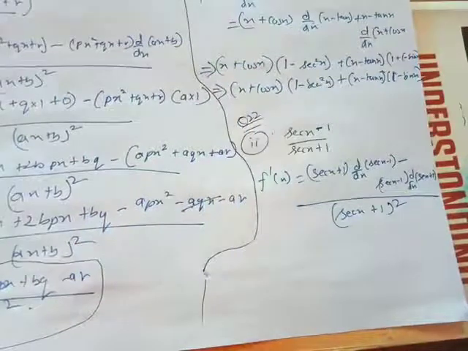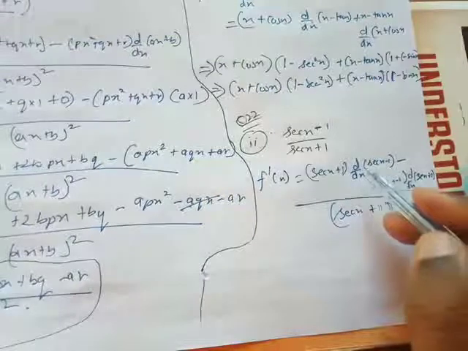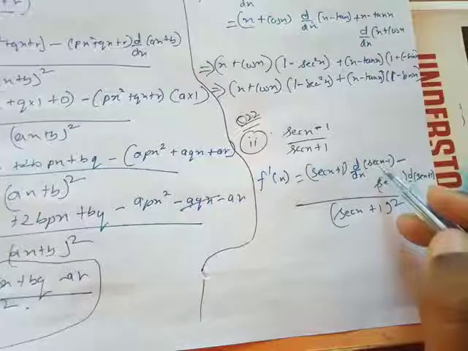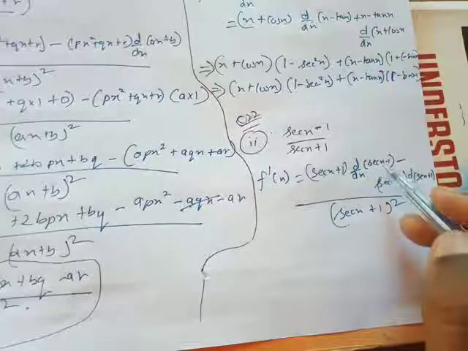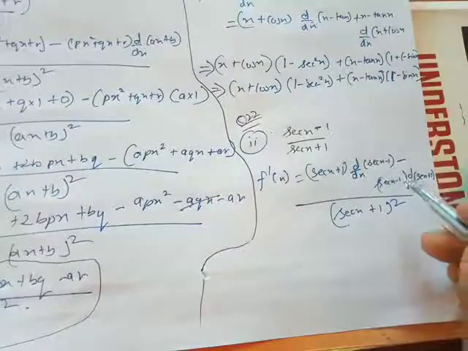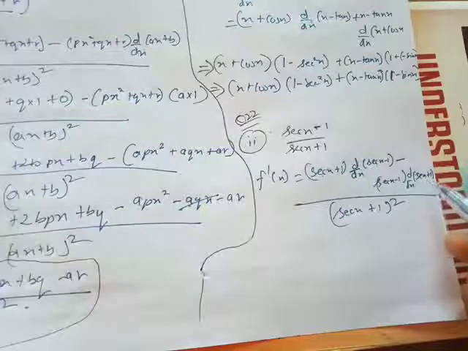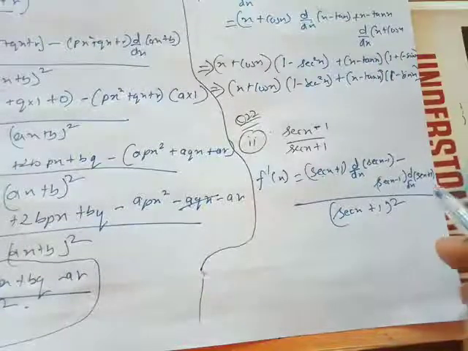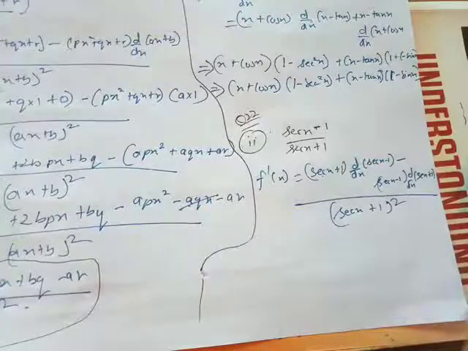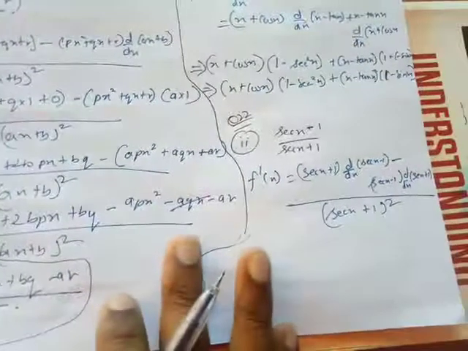So I hope you guys are getting what to do. You just have to find the derivative of this. So this is going to come just as it is, and what is the derivative of sec x, if you remember? Its derivative is sec x tan x, and for minus 1 it will be 0. So you will get sec x tan x, then minus, write this as it is, and the derivative of sec is again sec x tan x plus 0, no need to write the 0. Then multiply, and you will get a simple one fraction. You can leave it like this, or if you want to solve further, you can solve this question further.